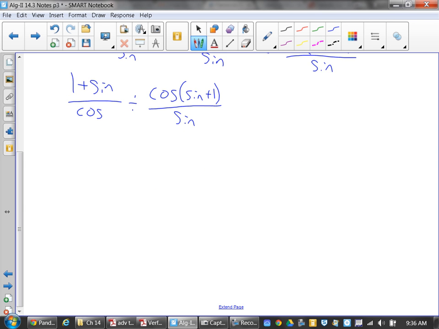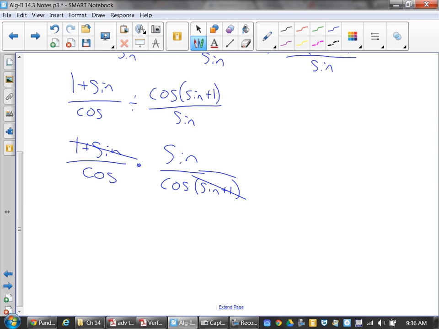Let's move this up. And what drops? The 1 plus sines. Is it okay if it's 1 plus sine and sine plus 1? Yeah. It's the same thing. So sines drop, that part drops, and we wind up with sine over cosine squared,